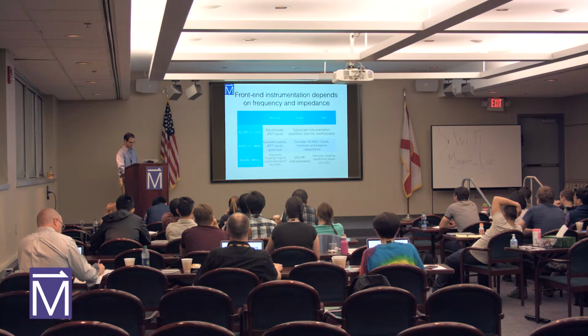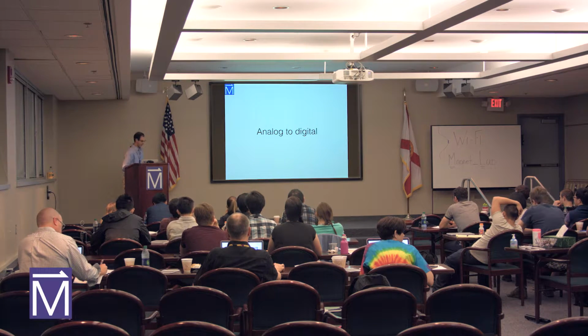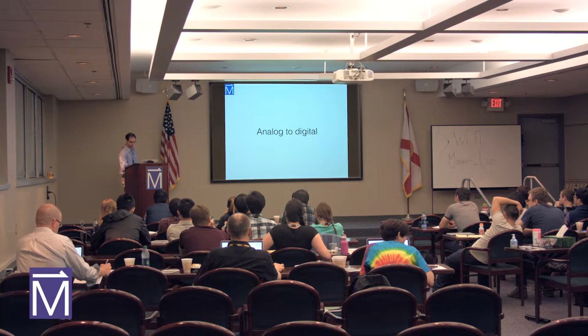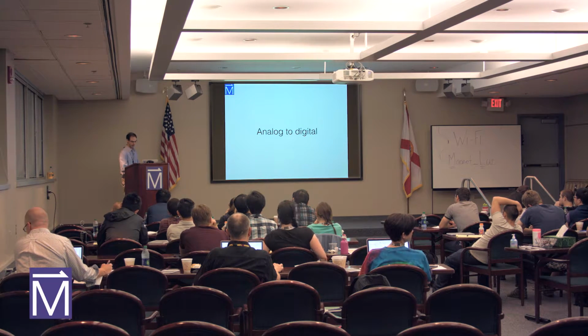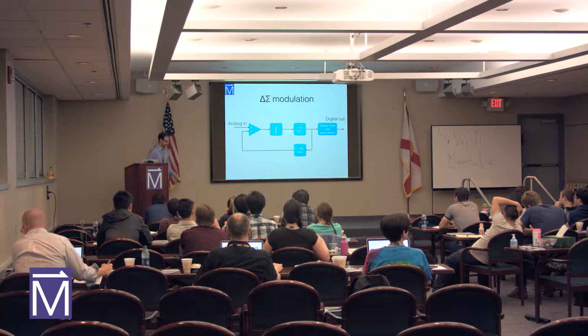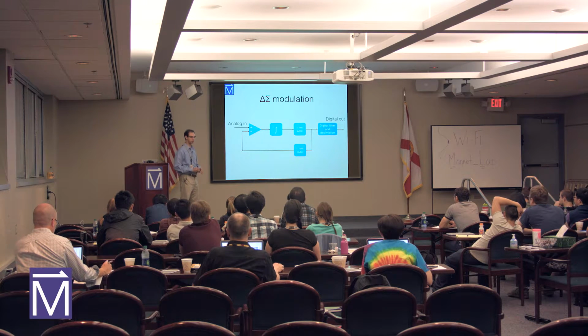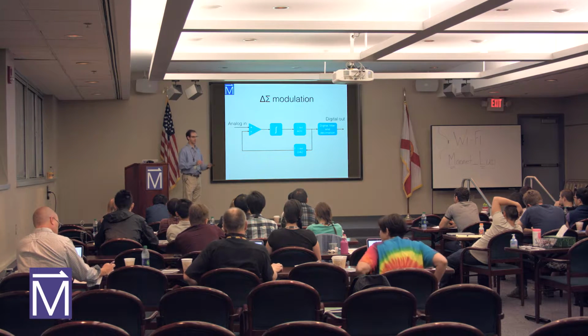OK, so we have reached the top of the probe. So now let's think about how we turn our analog physics into something digital on the computer. The usual way to do this is an analog-digital converter. And there is one particular design for these things that has really come out in the last decade. And that's the sigma-delta modulator. And this is important because it really actually influences what you buy,